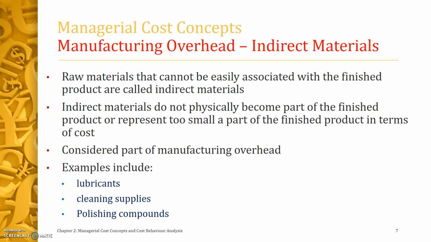Indirect materials have one of the two characteristics. First, they do not physically become part of the finished products. Or second, they cannot be easily traced because their physical association with the finished product is too small in terms of costs, such as sandpaper and glue. Companies account for indirect materials as part of manufacturing overhead. To summarize, the examples of indirect materials include lubricants, cleaning supplies, polishing compounds, sandpaper, glue, etc., which are all considered